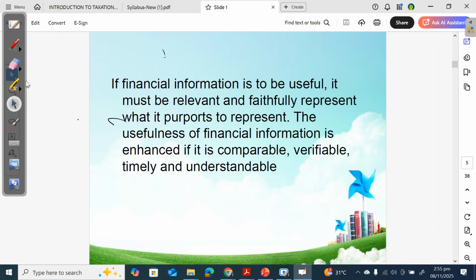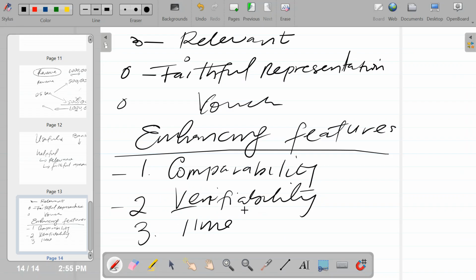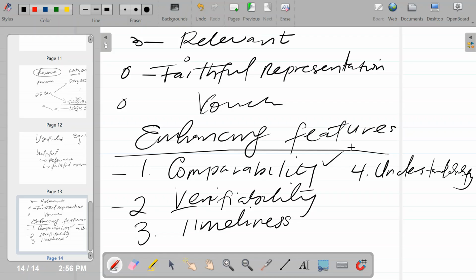And timeliness, and understandability. So comparability, we should be able to compare the result from prior years to see the trend, whether we are going up or going down. Okay, then we have verifiability. Whatever is in the report, we should be able to verify. And timeliness,